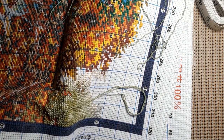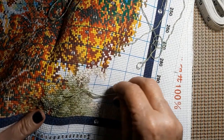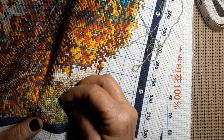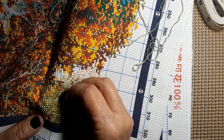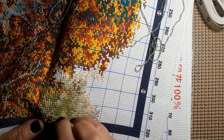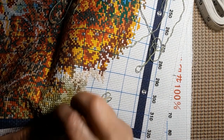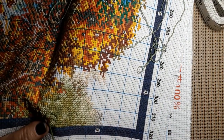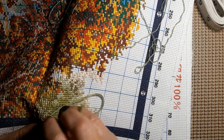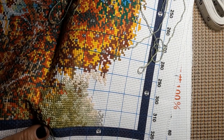Oh wow, the wind's blowing like mad. Glad I didn't leave that door open. It's howling out there. Oh, we're just gonna do that one in this color. Yeah, so it's a good thing I didn't do a video outside today. I know, I suppose if I'd gotten up earlier, maybe. But it's Friday, and I'm off by a whole day, so...